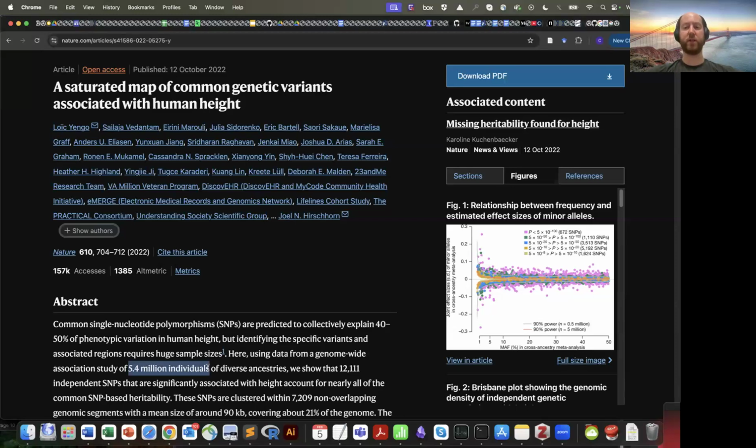and we essentially now know how to predict all of your genetic predisposition to a particular height. And so height is partly genetic, as you know, and we now have a complete map of how you can predict human height in particular individuals. So they can take your DNA sequence and they can predict all of your genetic predisposition to a particular height. Height has been, in that way, solved genetically. So genetics of height is solved, and that's mostly happening in switches.